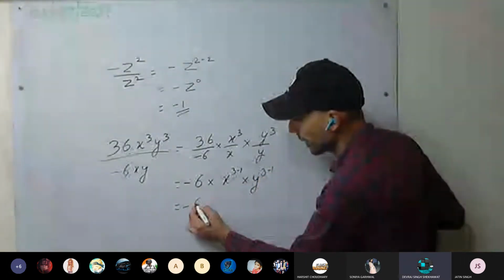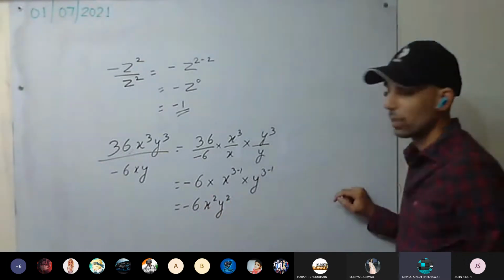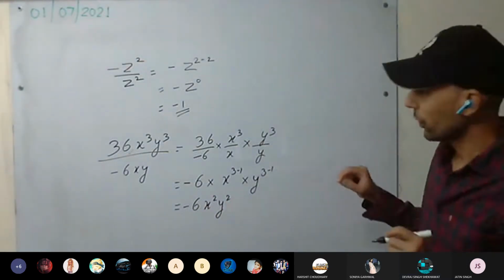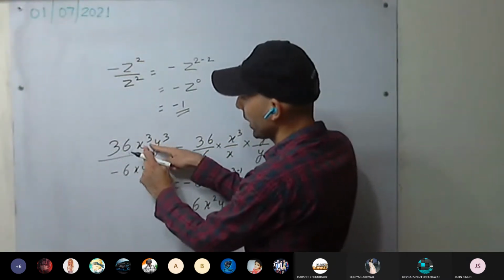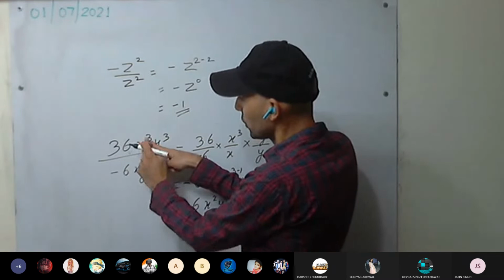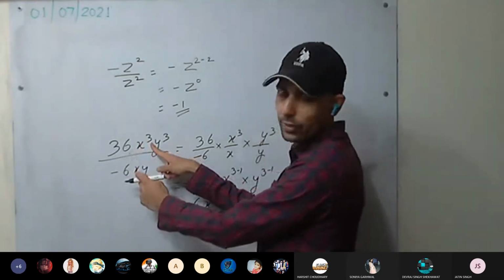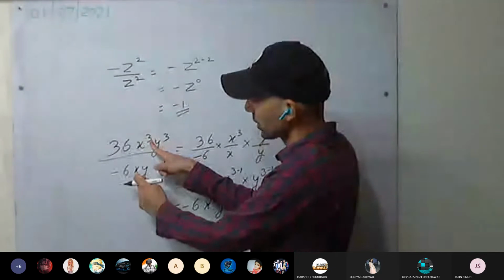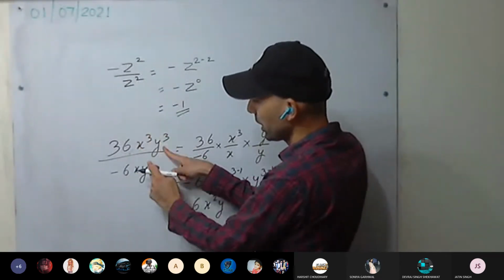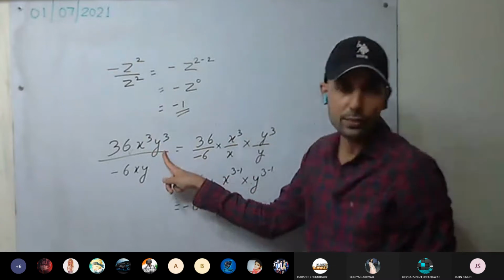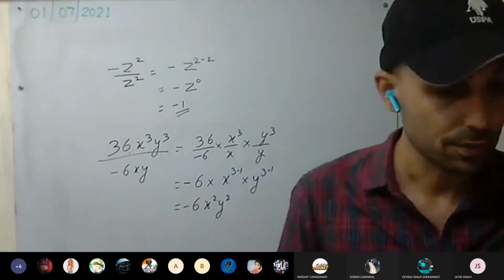Okay. So we are getting minus 6 x square y square. Or you want to do straightforward, you can do 36 upon minus 6. X is to power 3, x is to power 1. So from x cube, 1x will cancel. 3x are there here, 1x will cancel. We'll have x square. Similarly here, in the multiplication, 3 y's are there. From that 1 y will get cancelled. We have y into y, y square. Okay. Everyone have understood? Anyone have doubt?